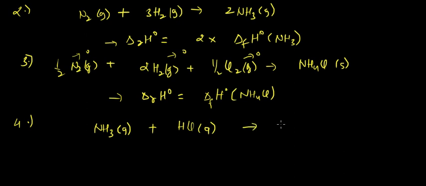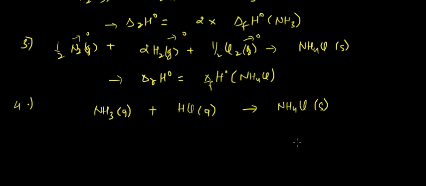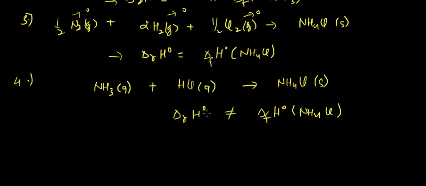and forming NH4Cl in solid state. So in this reaction we can say that delta R H naught would not be equal to delta F H naught of NH4Cl. Okay, and why would this not be the case? Because these two are not found in nature in their elemental forms, or these two are simply not in the elemental form. So rather delta R H naught would be written as delta F H naught